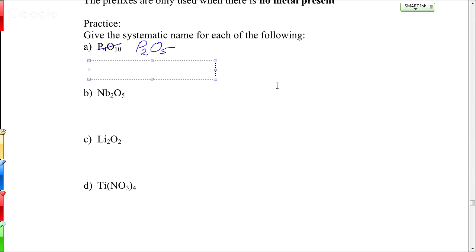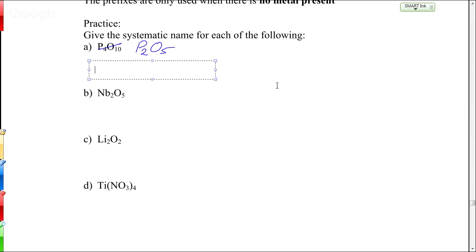First, we have to categorize it. That's really, I think, where most people go wrong in getting these names. You have to decide: is it ionic or covalent? And then what type is it? So is P2O5 ionic or covalent? How do you know? Covalent, because everything's over to the right of the staircase. P and O are both on the right, so this is going to be covalent. That means we name it that last type, that covalent type.